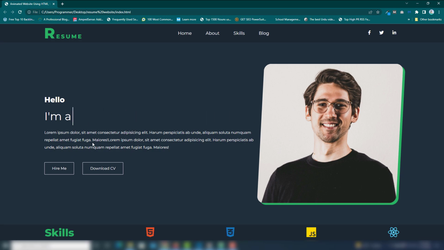On the left side, the content changes every 5 seconds. It has buttons, a menu with underline, and those are social sharing icons, right? And this is the skills section, and those are Font Awesome icons, right? So let's get started creating the website.